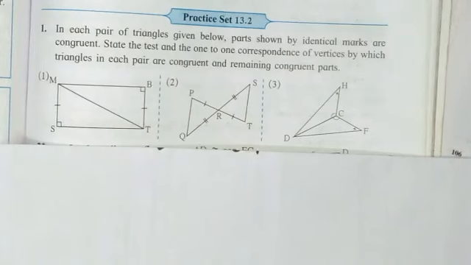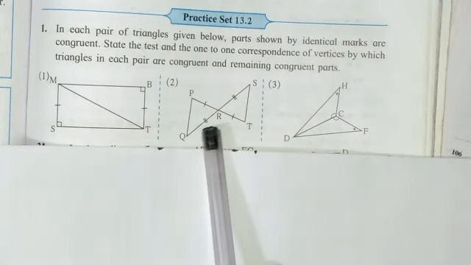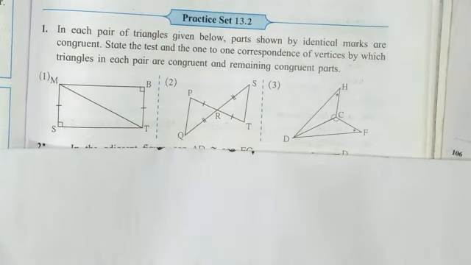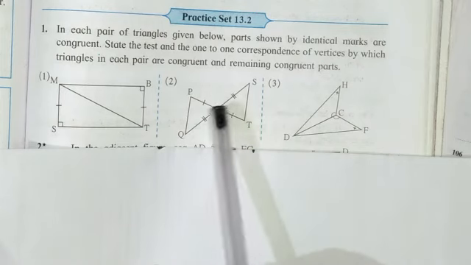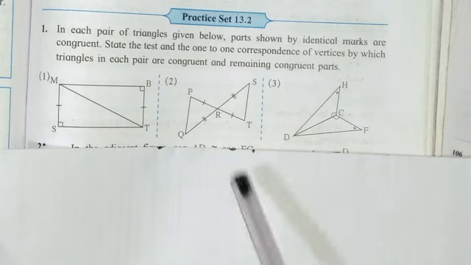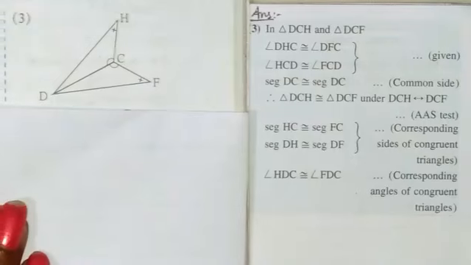So students, if you want, you can take a screenshot and write it systematically in your classwork notebook. Let's go ahead. Here in the second question, the very simple diagram is there. With the help of identical marks, you can easily identify the type of test. Side angle side, it means the SAS test is applicable for this figure. So directly move towards the third question.